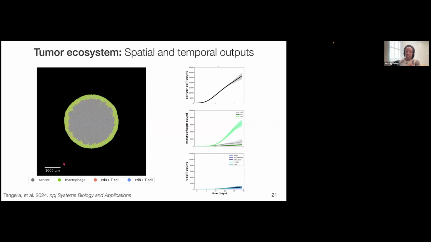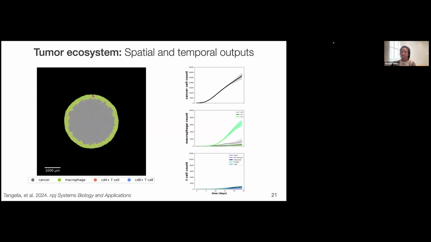So this is one of the main outputs of the model. First, on the left-hand side, I show a spatial map of what the agent-based model produces. And on the right-hand side, it shows the time course in terms of the number of cancer cells, the number of macrophages, the number of T cells in their different states over time. Just starting on the left, what happens with the model simulations is that we start with just a small cluster of cells right in the center of our simulation space. They're all cancer cells. They can promote the recruitment of T cells and macrophages,